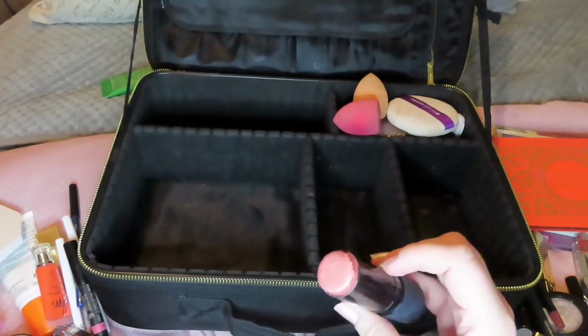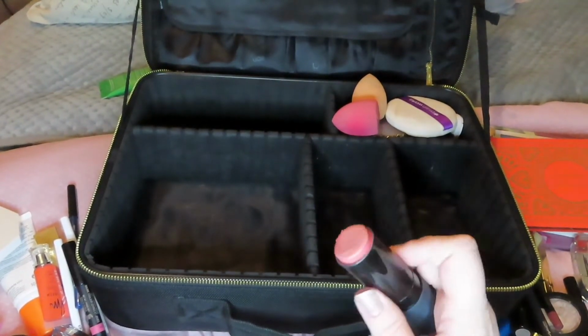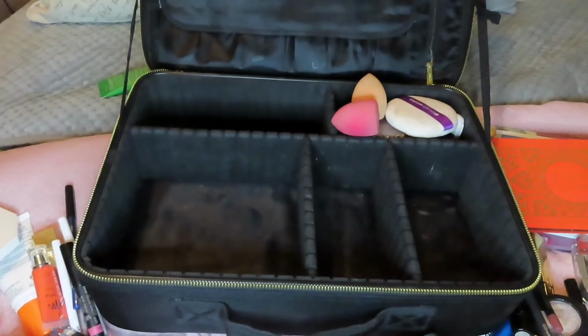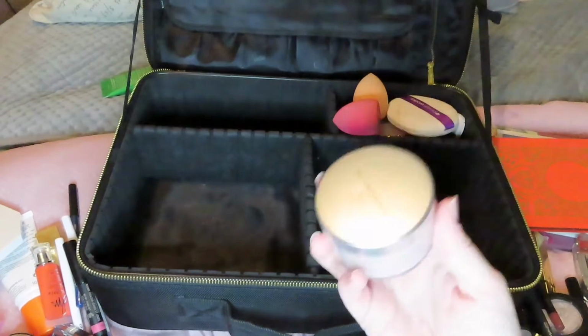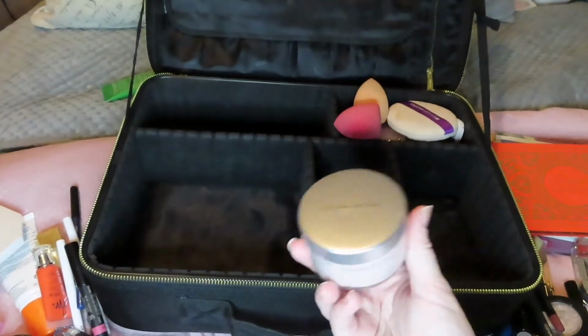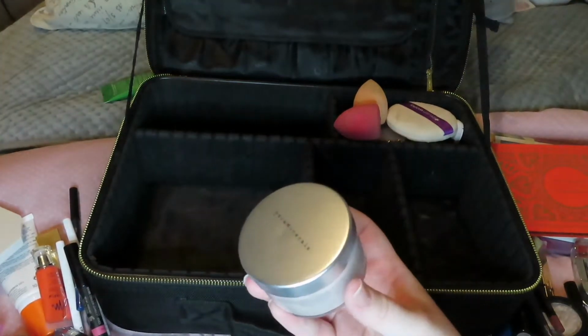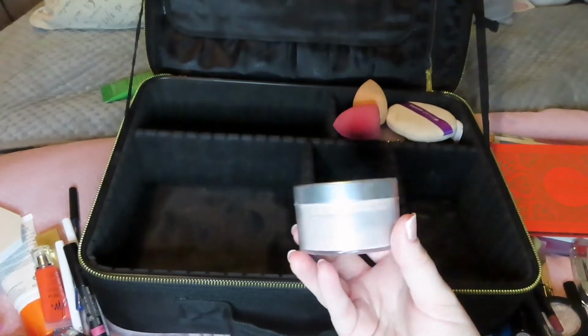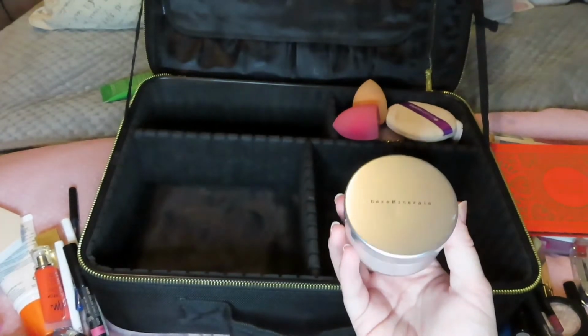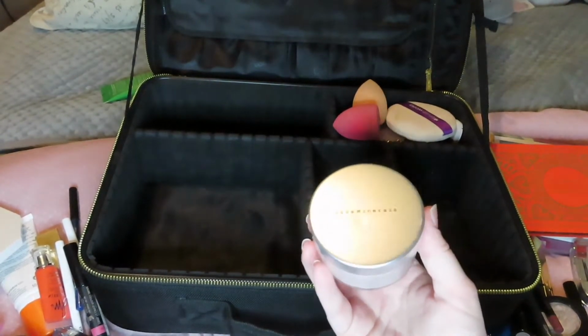Used this a couple of times. Again, I absolutely love this product. Nothing wrong with it, but I'm going to be putting it back to try something else. This is a Bare Minerals face and body glimmer powder. I only used this once, but it was so pretty, but I do think it'd probably be a powder that I'm more likely to use